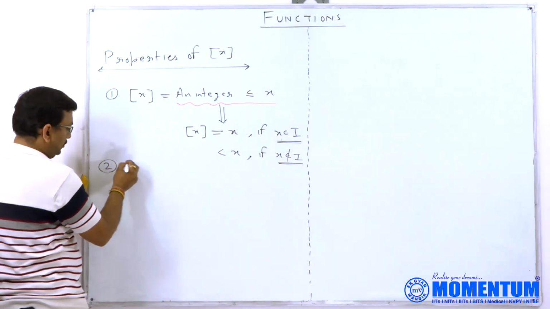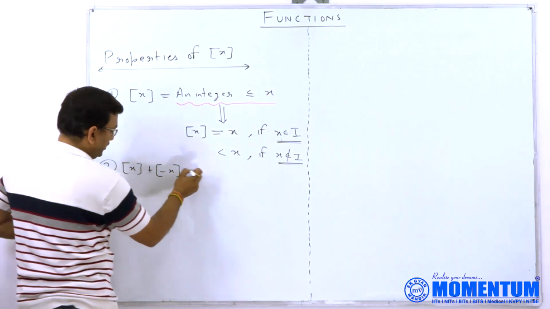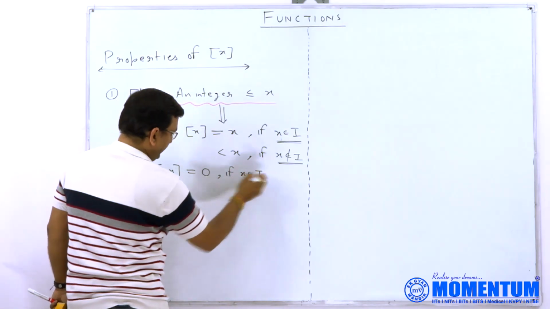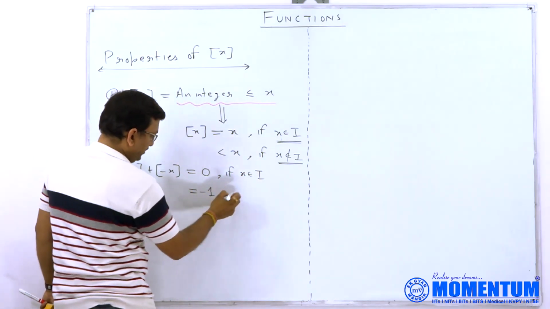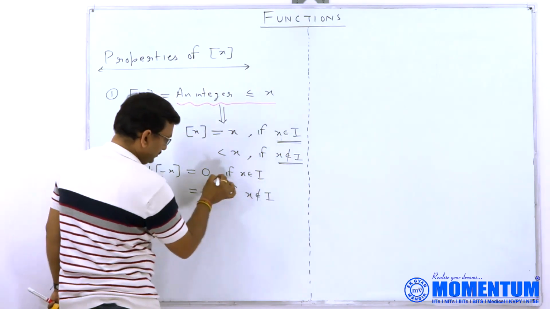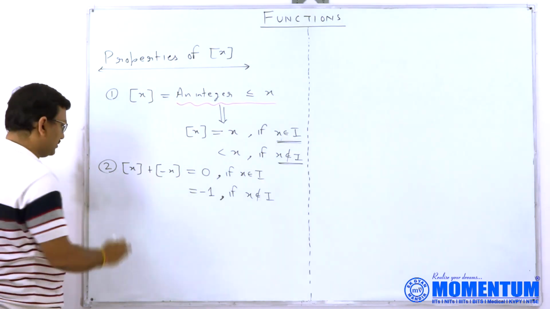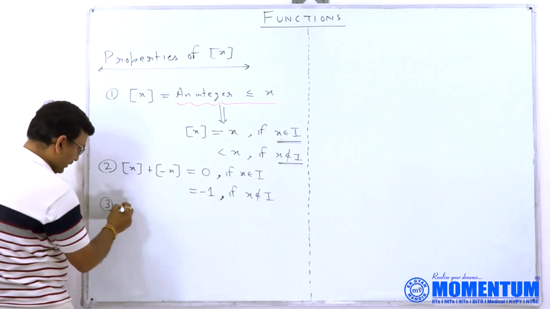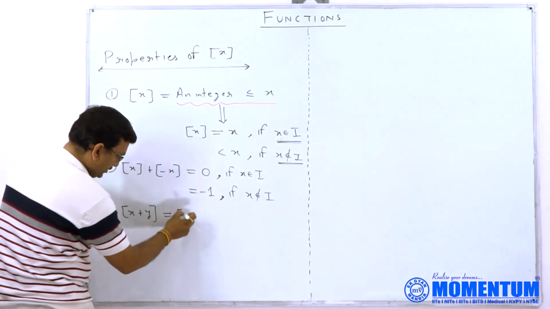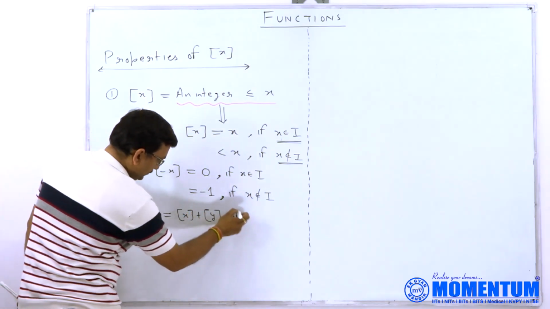Now property number 2: square bracket x plus square bracket of minus x is always 0 if x is an integer, minus 1 if x is not an integer. Number 3: square bracket x plus y is always square bracket x plus square bracket y